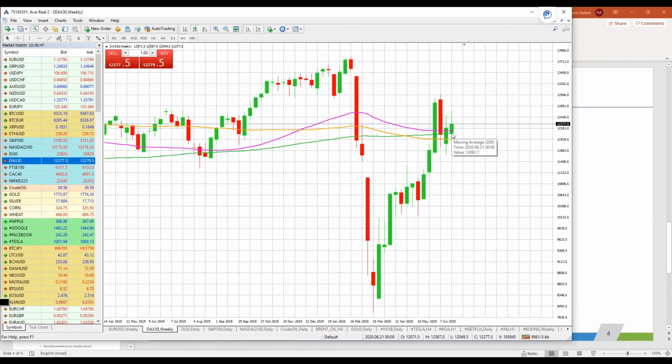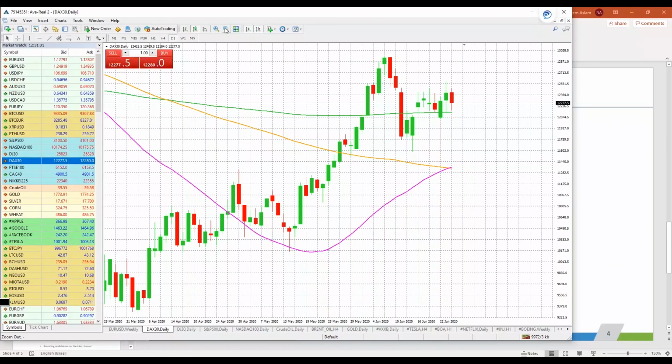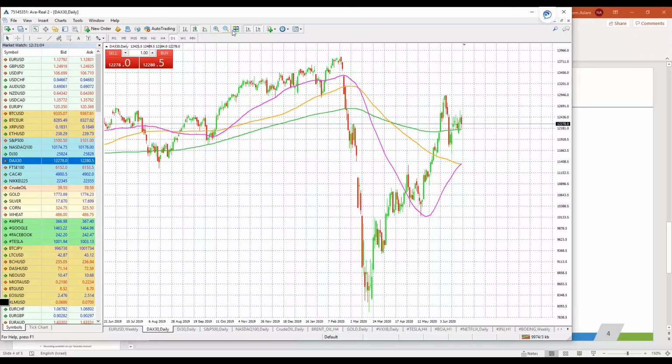So let's see where we close towards the end of this week, because if we start to close below these two important moving averages, your 50 and 200, then the game can really change for the DAX index as well. Otherwise, the price action still looks very bullish, even on the daily time frame, because the price is above the 200 and of course the 50 and 100. The crossover is also about to take place, meaning the momentum can continue to the upside. This is a much better index as compared to the FTSE 100 in terms of momentum, but we want to see the price remain above its 200-day moving average.